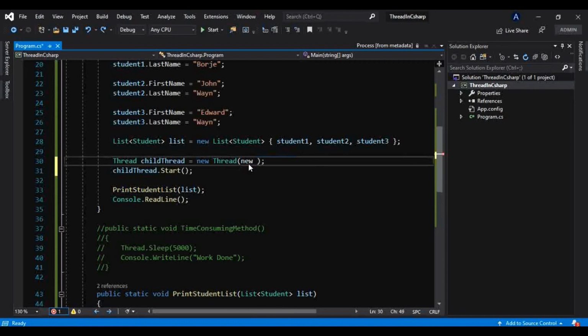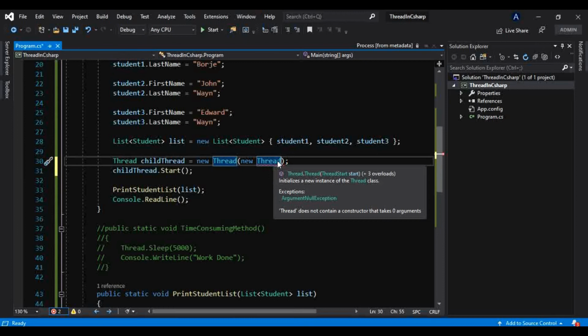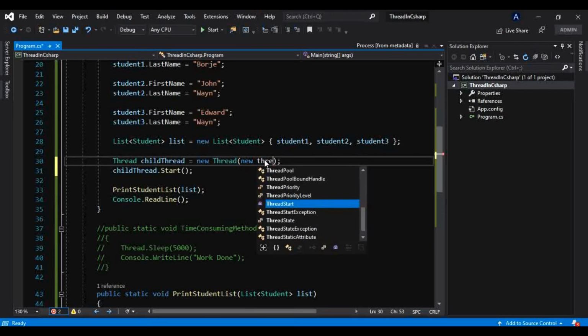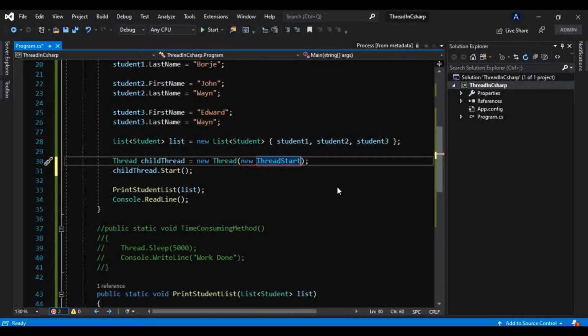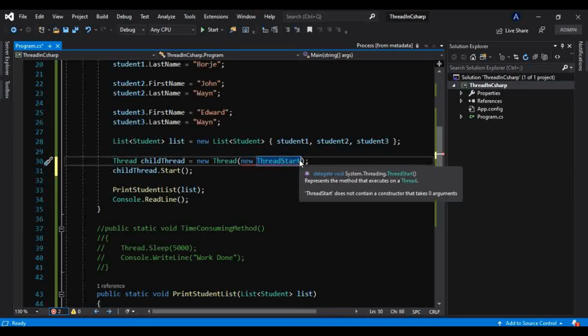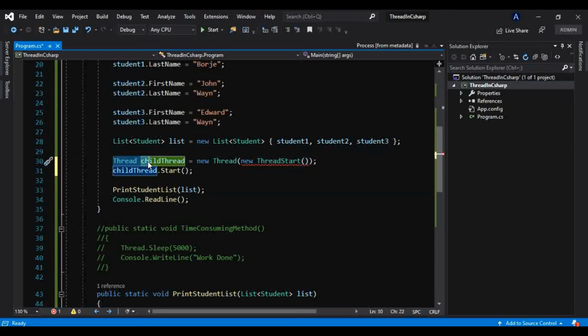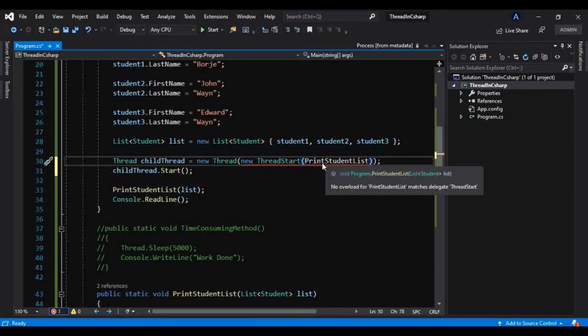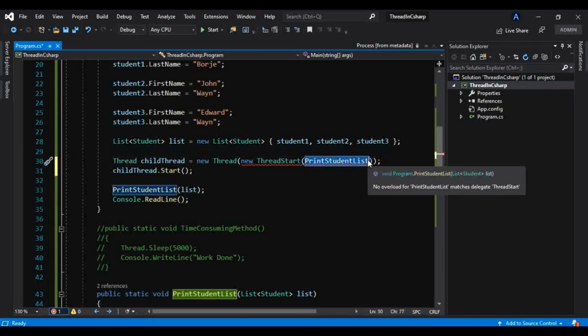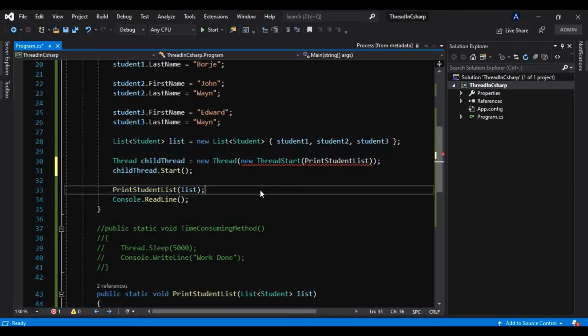Something like this, new ThreadStart. We get that in IntelliSense as well. So this is how the compiler implicitly passes that delegate, and whatever method we pass into this instance of the thread, it passes into the constructor of this delegate, something like this. But again, it should not work, because why? And that is why it was giving an error before as well. So now that error will be more readable.